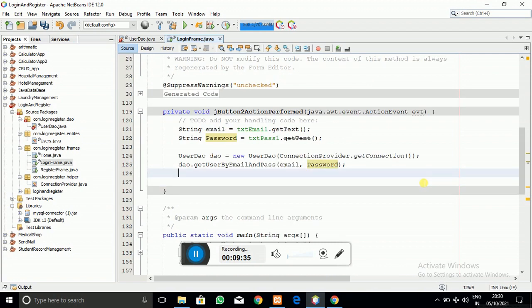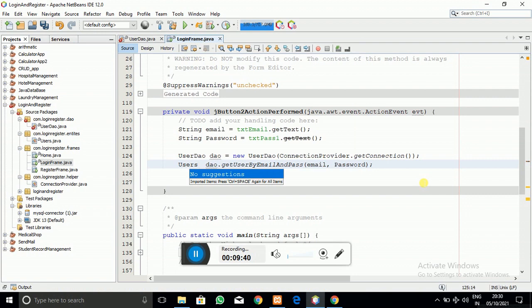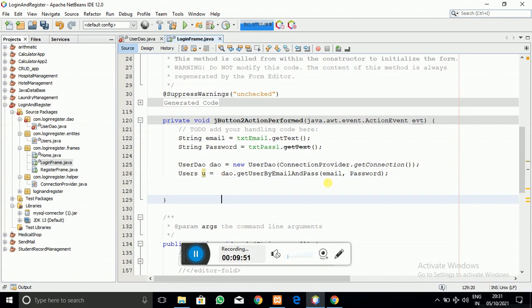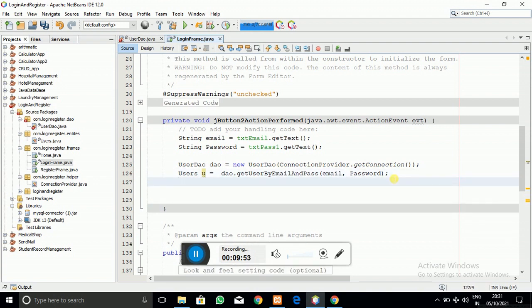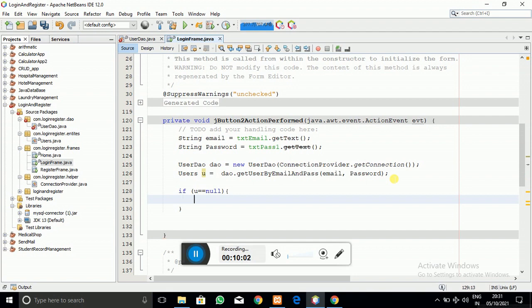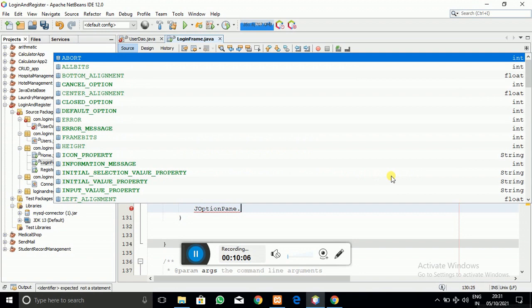As the method works, we got a user object, so let's create the users object also, and whatever data I got from that method, I am going to store into the user object. So here you can see users u, and if u equal to null, suppose I haven't got anything into that u, which is returned by the method.